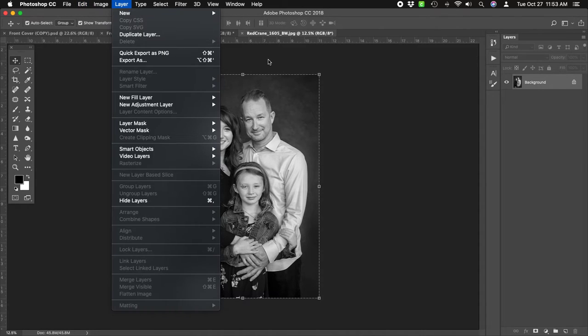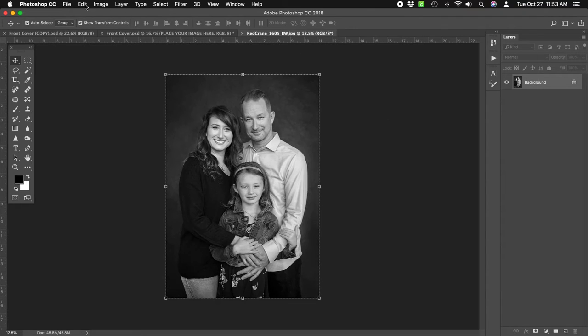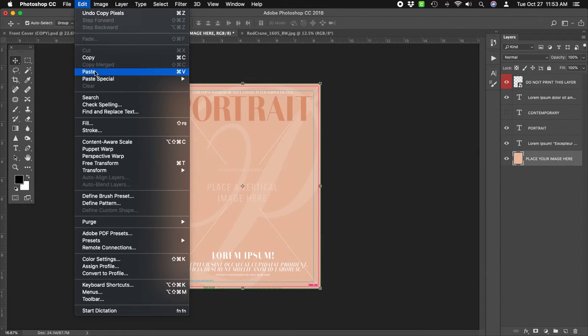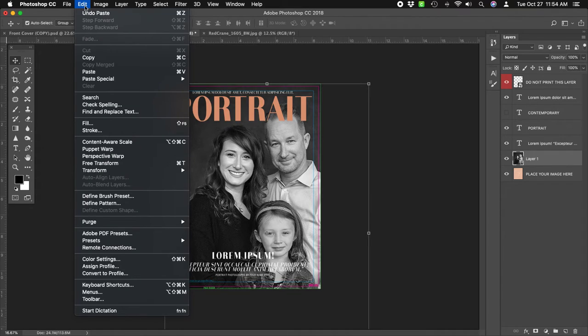So I'm going to go to Select All. That's going to select all of our image. Go to Edit to Copy, or hit Command C on your keyboard if you have a Mac. And go back into the template and go to Edit to Paste. And I want to reduce the size of my image, so using the transform tool you can find under Edit,